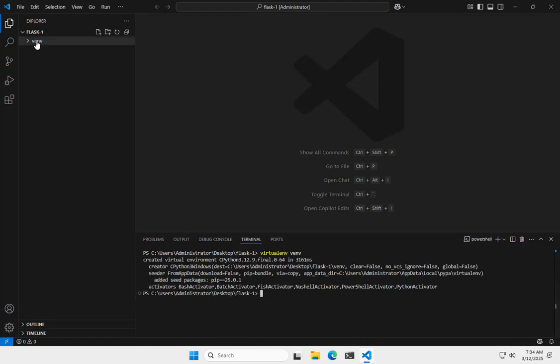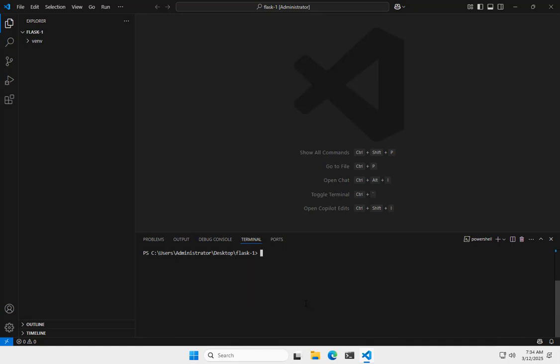That's it, and you can see the venv folder has been created. Now let's switch to the virtual environment: Scripts, and activate the PS1. Okay, so now we are in the virtual